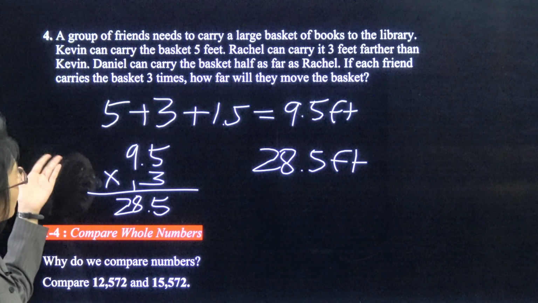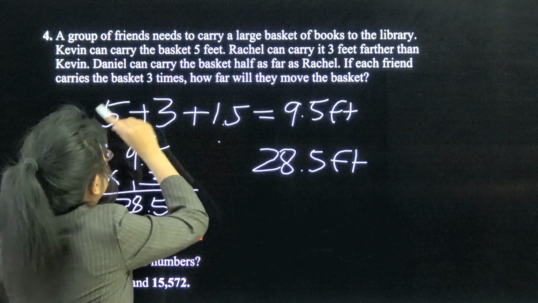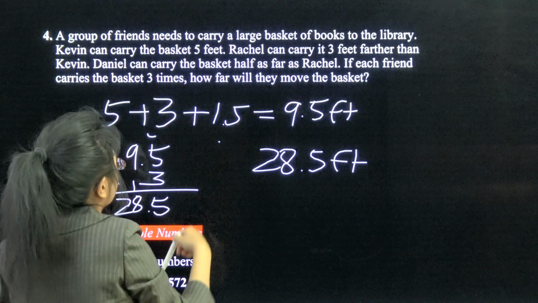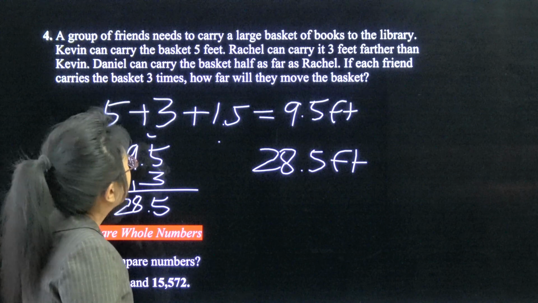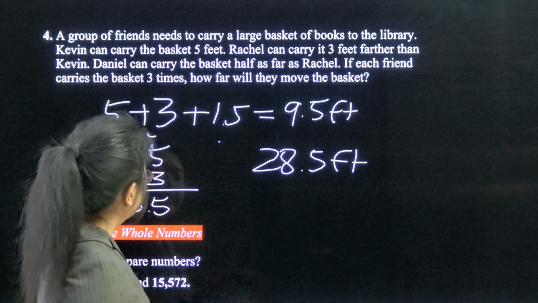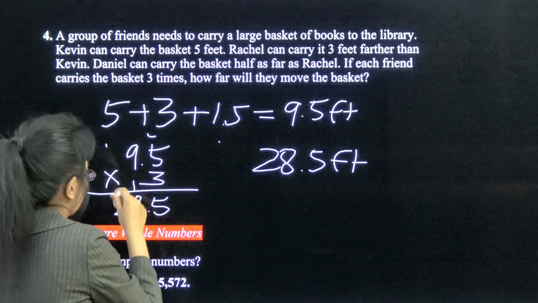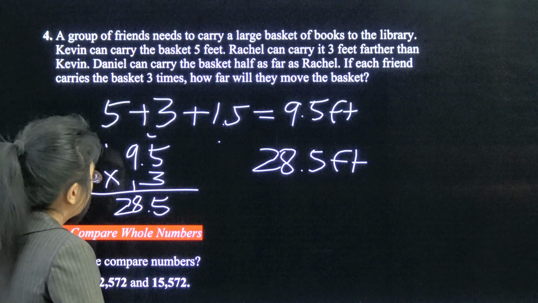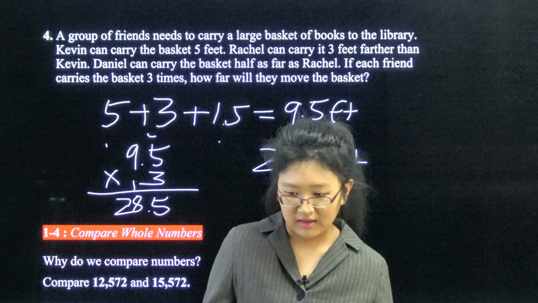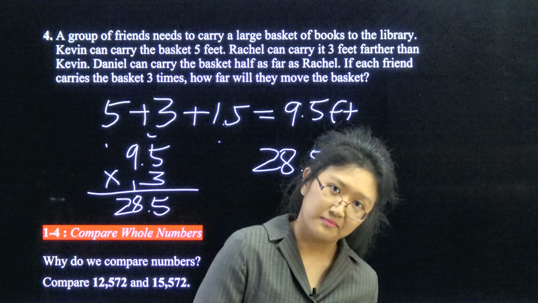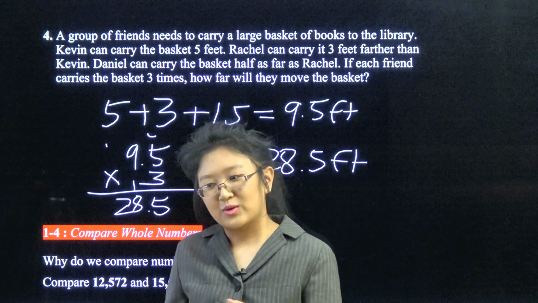Well, we got our facts correct. There's 5 feet, 3 feet, and half of Rachel, which is 3, so half of 3. And we did the addition correctly. They said everybody does it 3 times. So we also did the multiplication over here. Let's see. Yeah, we did it correctly. So our logic is sound, our facts are straight, and our calculations are not wrong. Therefore, it's almost impossible for the question to be wrong,